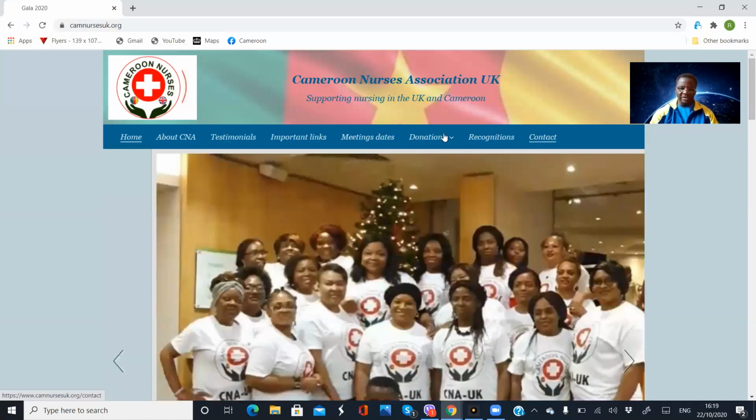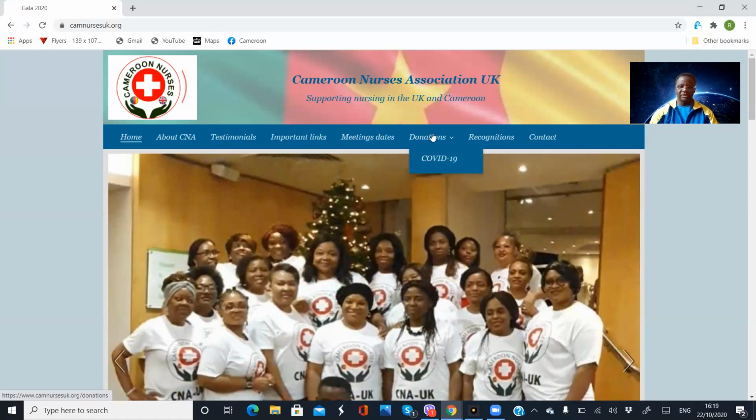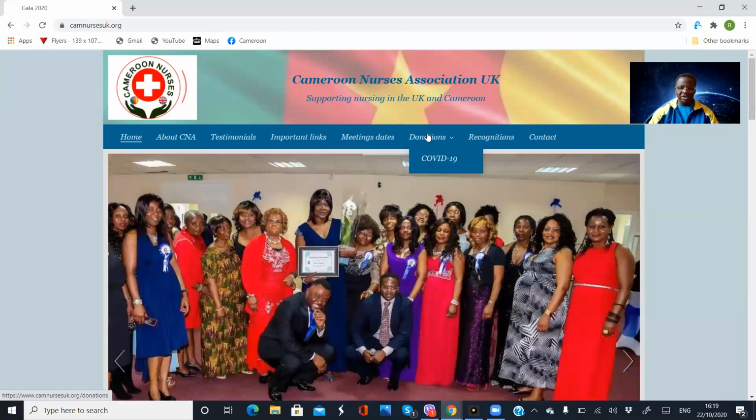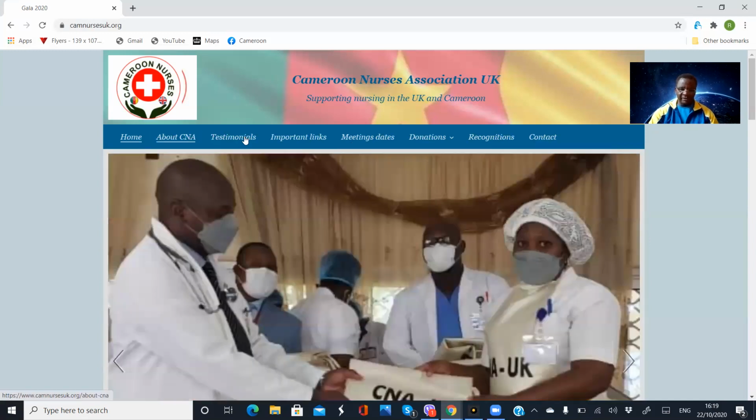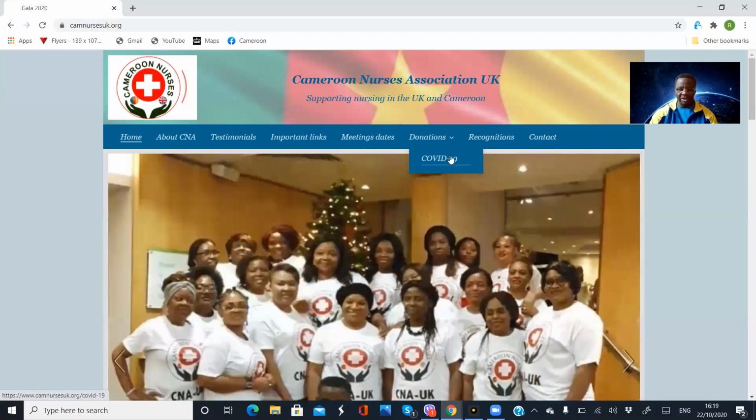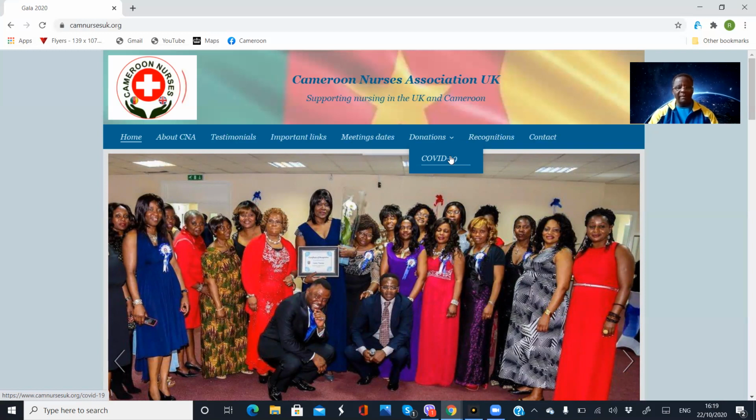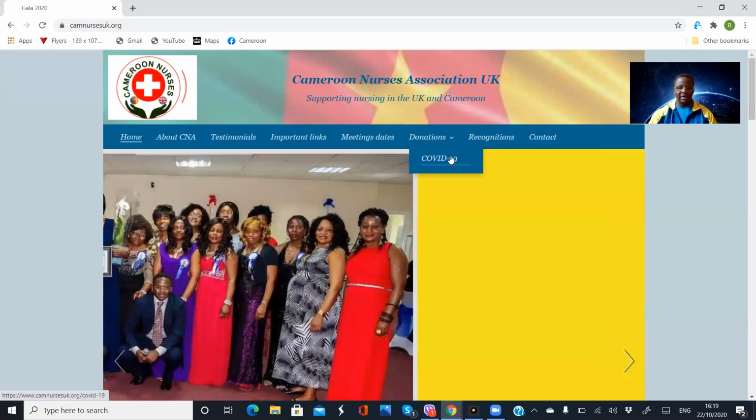I'm going to go back to this donation page for something very important. You see that when my mouse comes there, there's another page that comes under the donation page. This is different. Around all these pages, as soon as I look at this one, there's a small arrow here that shows that this page has got a sub page. We'll be talking about sub pages later in the presentation. When I talk about sub pages, it means a page that is hidden from the navigation bar; you are not going to see that page on the navigation bar,